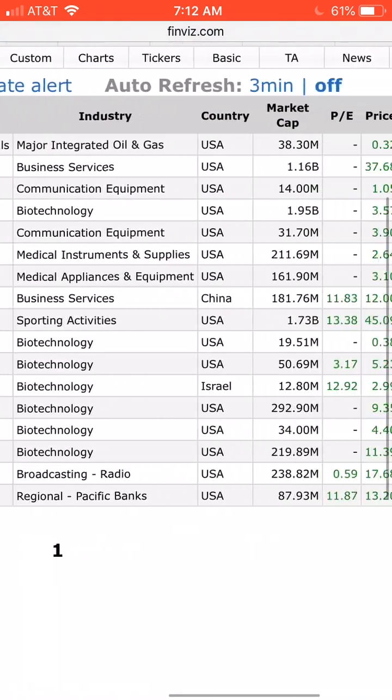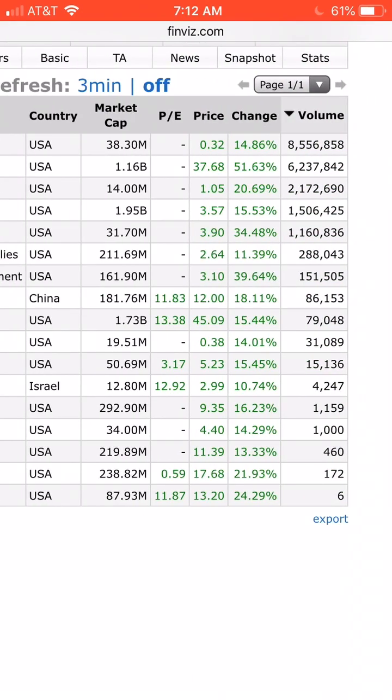So anyway, now here we could also see the market cap. And then we could see the price. Right now, I don't want to trade stocks below $1 because I don't like to risk more than 5% of my position, and it's easy to quickly lose over 5% when trading stocks under $1.